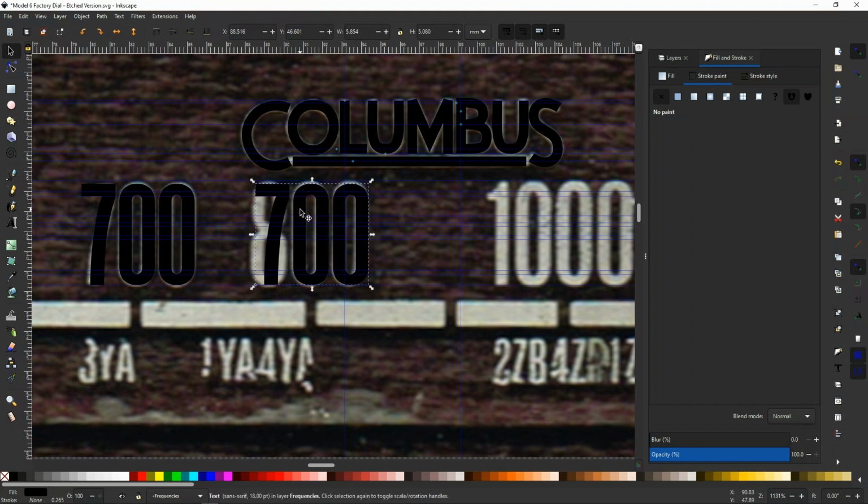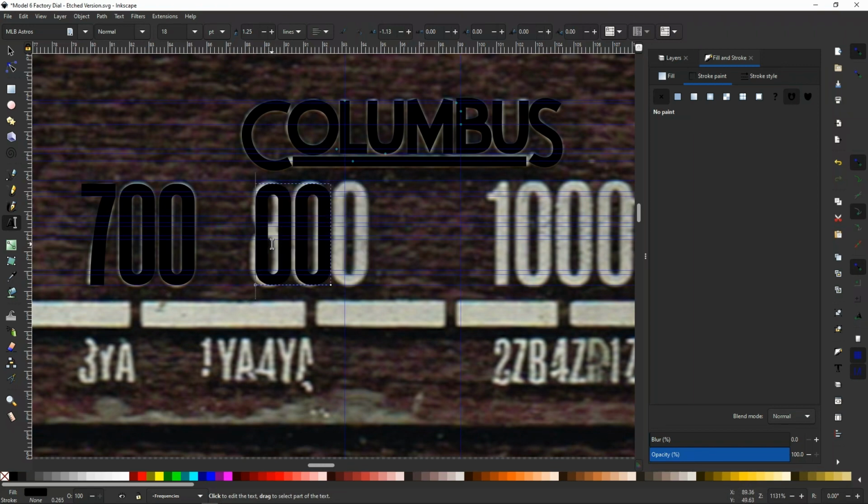And then if we double click on it when we've got the select tool, so we double click somewhere on the text, and you can see we've now got a cursor, and I can just edit the text. Then I go back to the select tool because double clicking the text has put me into the text tool,